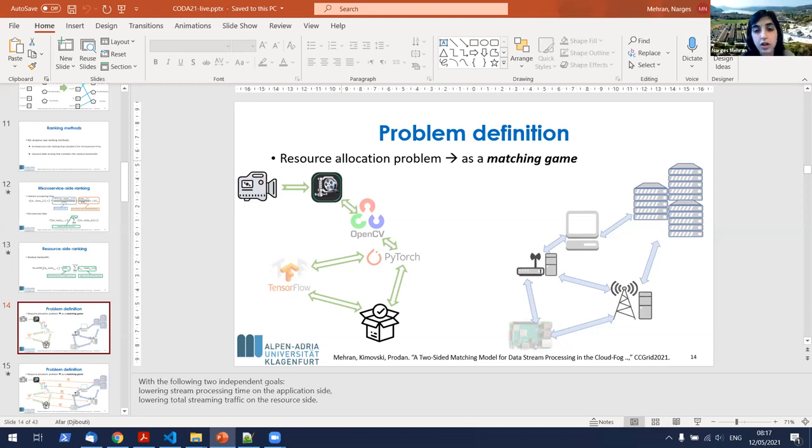For the use case application that we wanted to test our method with against the other methods, we consider some components or microservices that are doing some machine learning training and inference. But at the moment, we didn't include any ML-based model or any optimization-based algorithm, because purely we wanted to test this matching game and solve the problem of resource allocation specifically based on this matching.